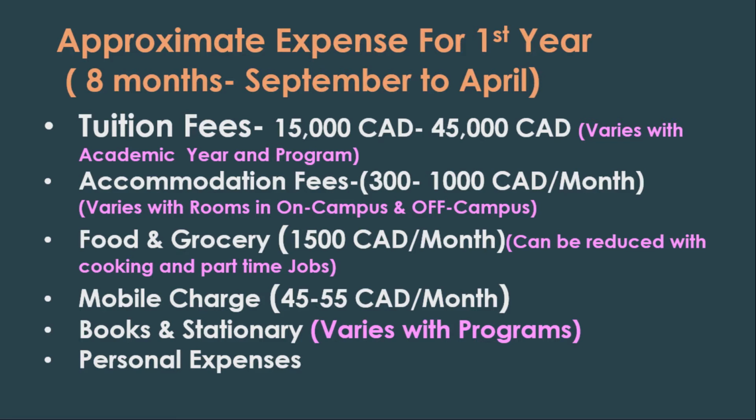Very limited scholarships are available in McMaster undergraduate programs for international students. On-campus accommodation is available only for first-year students. So, you need to move off campus after first year, that is after 30 April. Accommodation expenses depend on the type of rooms. There are single and sharing accommodations available. You can choose affordable accommodation off campus.